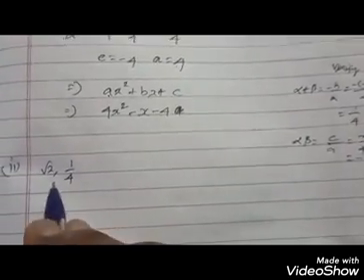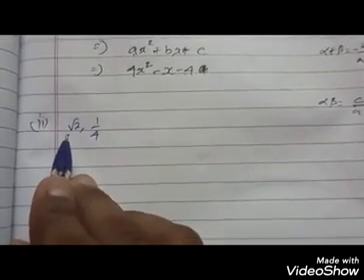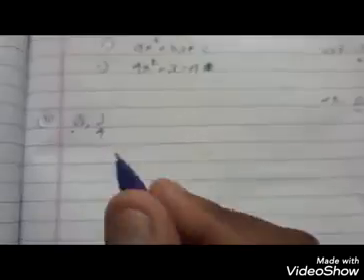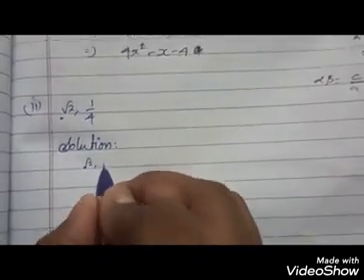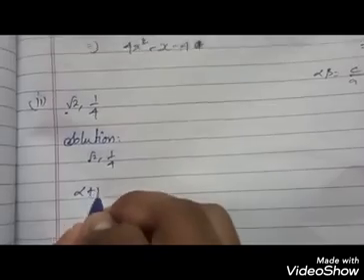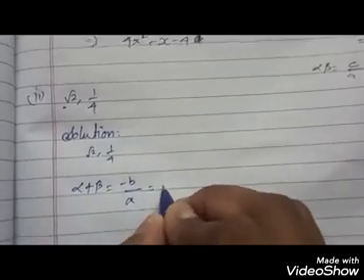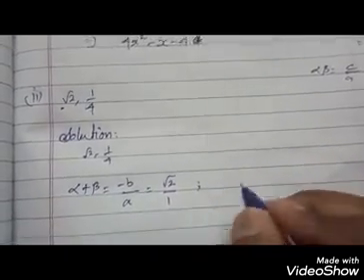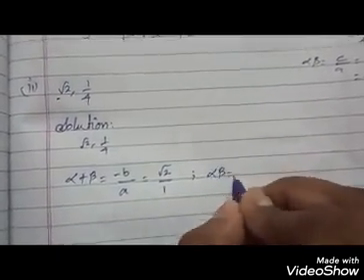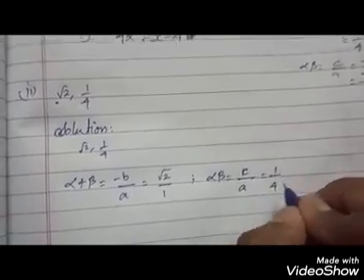Okay, we move on to the second question. Now we see the second question. Here they are given alpha plus beta is root 2 and alpha beta is 1 by 4. That's the sum of zeros is root 2 and the product of zeros is 1 by 4. So solution: root 2, comma, 1 by 4. Directly we take alpha plus beta, which is equal to minus b divided by a, which is equal to root 2. There is no denominator, so you take it as 1. And also you have to write the value alpha beta, which is equal to c by a, the value 1 by 4.